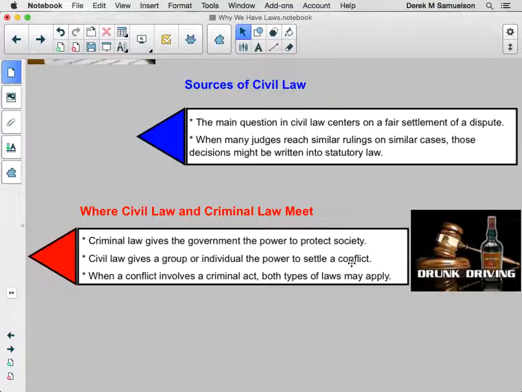But one of those drivers had been drinking. That is, one of the drivers was drunk and violated a crime meant to protect society. We now have an issue that has crossed civil and criminal law. And when the conflict does that, both laws might apply. The drunk driver could very well find themselves in court twice, once for the criminal infraction and once for the civil dispute. And if you've got a civil dispute tied up in a criminal action that you did, that's usually not a good sign for you. You're probably going to lose that civil case.